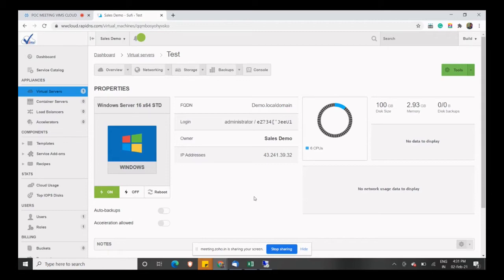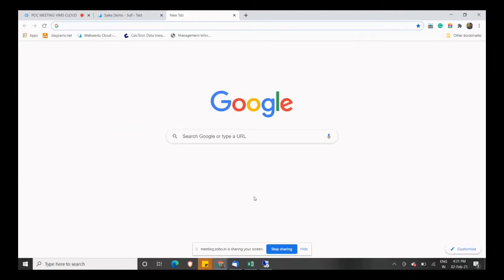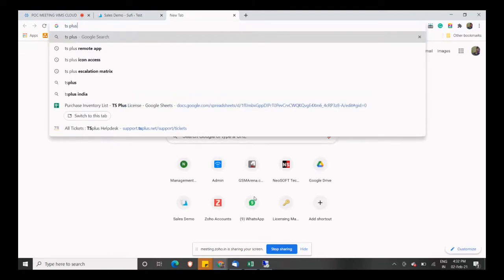Basically, we'll have to create an image with all these applications already existing and deploy that image here. Then someone can just open the browser and connect, right? When we load the existing images initially, it won't be there by default. Correct. Once you create any virtual machine, you are not responsible for TS Plus. So this is the other application we are suggesting, called TS Plus. Can you spell it, please? TS Plus.